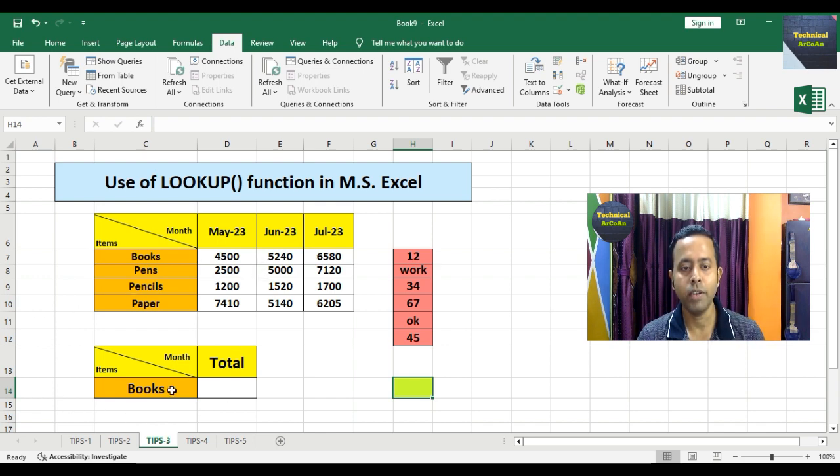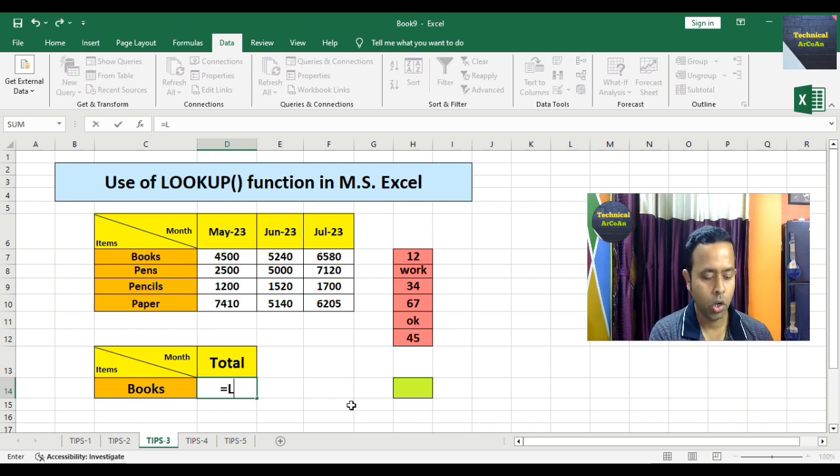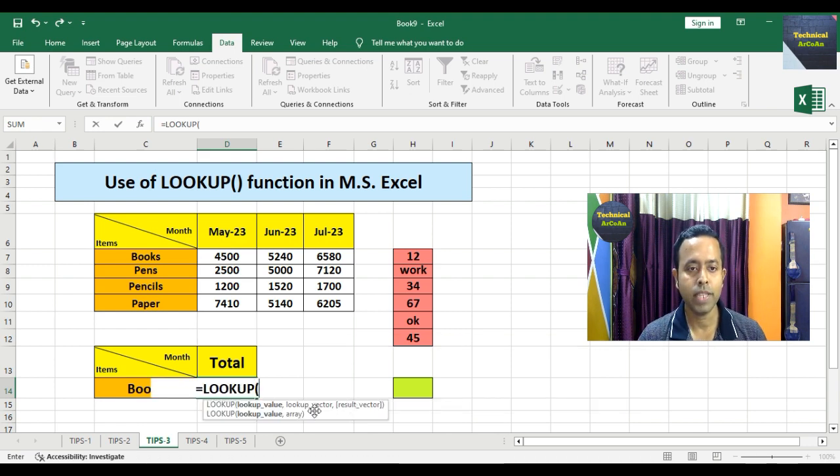Now this table is given, and we want to find the total books price for these 3 months, May 23, June 23 and July 23. If we add it, what is the total books price? So how can we find it using the lookup function? We just write equal and then lookup, and then we select the particular cell where books is given. This is C14, then put comma and then choose this total